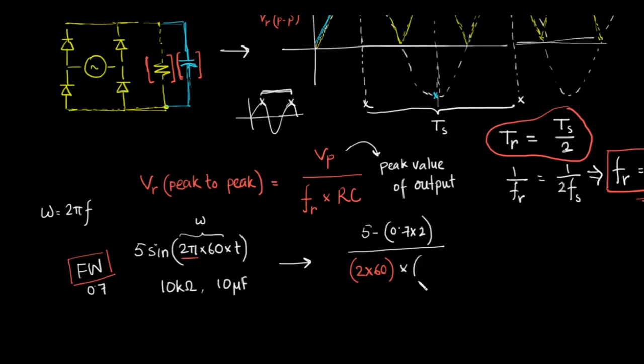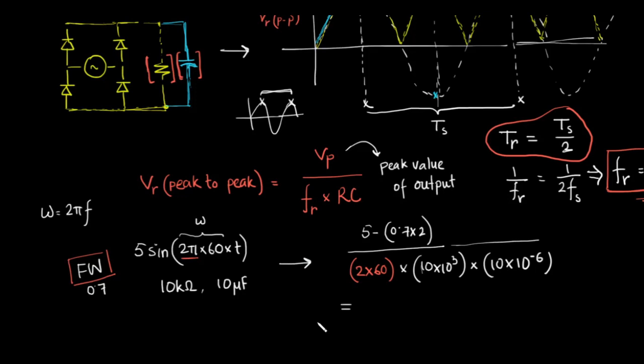Mind that we have to put the values in the correct units. So 10 kilo ohm, we have to write it like 10 times 10 cubed for kilo, and 10 microfarad, we have to write it like 10 times 10 to the power minus 6. Micro stands for 10 to the power minus 6, and if you just put in the values and do the calculation, then you will get the output. Let me just check what output I get, I mean the value of the ripple that I get.